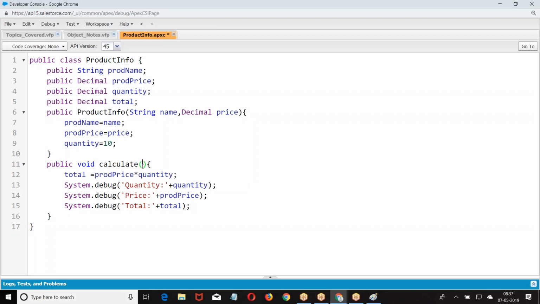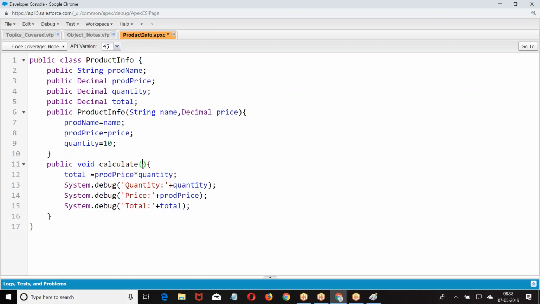Are you getting it? If you define a method, you have to call it. Everybody will not call the method. Why should I call the method? I don't want to call a method; I just want to print the data. Are you getting my point? So if you initialize in the constructor, the data will be set before starting the operation. When you want some data to be set before starting the logic, we go for a constructor. If you want to set the data when you call the logic, then go for a method.